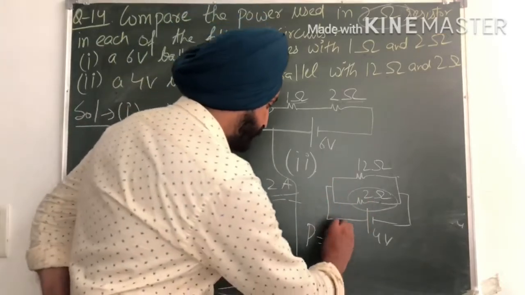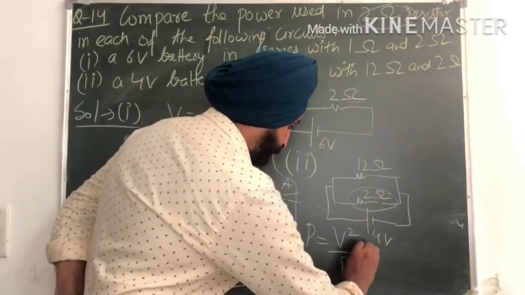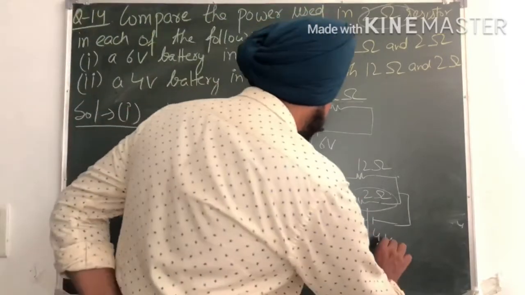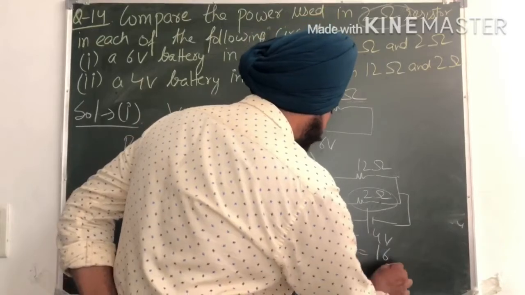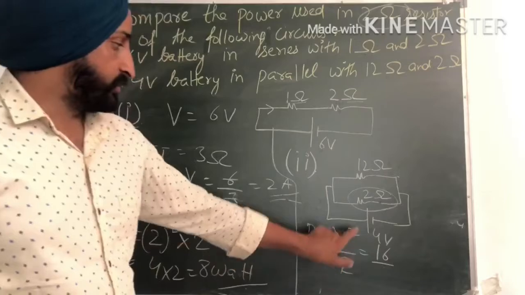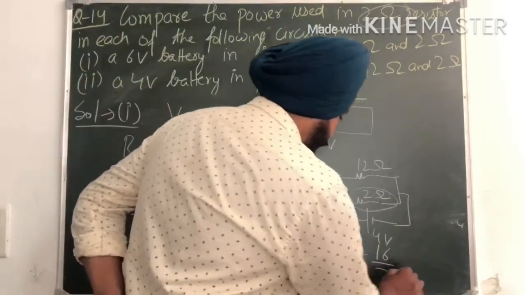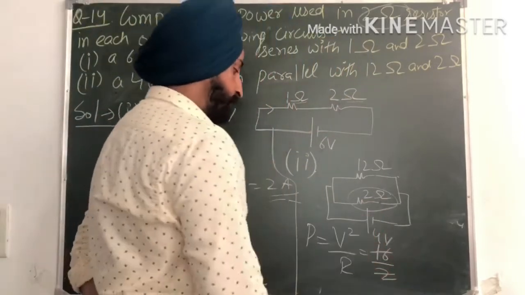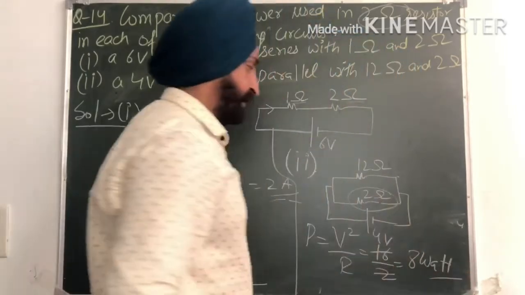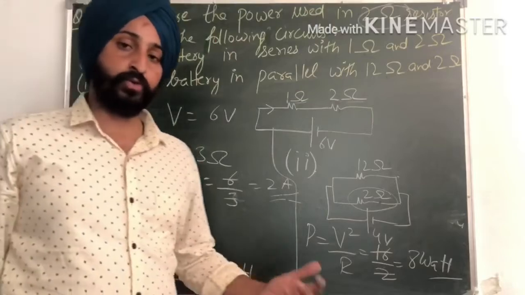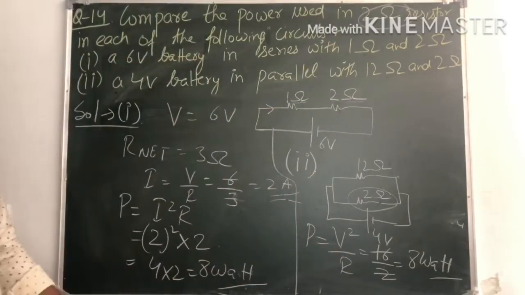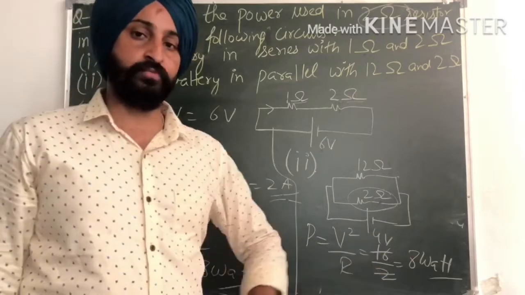Fine. So I would be using the formula for power which has voltage as well as resistance. So that formula is V square by R. Fine. So voltage across this is 4. So it will be square of 4, that is equal to 16, over the value of resistance. So resistance is of course 2 over here, across which we want to calculate the power. So it would be equal to 8 watt. So in the second case also the power would be equal to 8 watt. In the first case it was again equal to 8 watt. So our answers are 8 watt in both the cases.